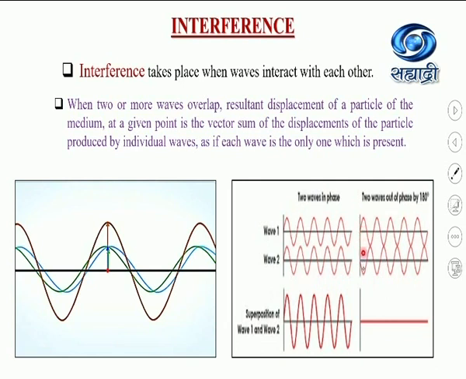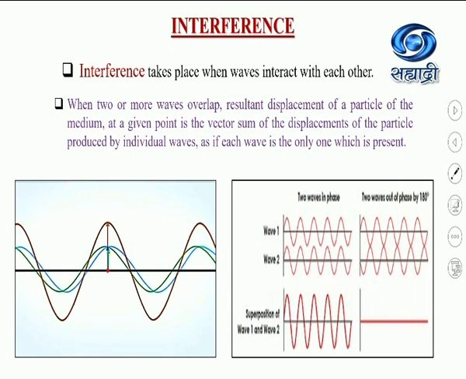As their amplitudes are same, the vector sum of these two displacement will be equal to 0, and therefore after overlapping crest and trough, the resultant displacement at that point will be the vector sum, which is equal to 0. So we can say that at some places where the waves overlap in phase, the resultant displacement is maximum. At some other places where the waves overlap out of phase, the resultant displacement is minimum. And in this case, as the amplitudes are same, the resultant displacement is 0.